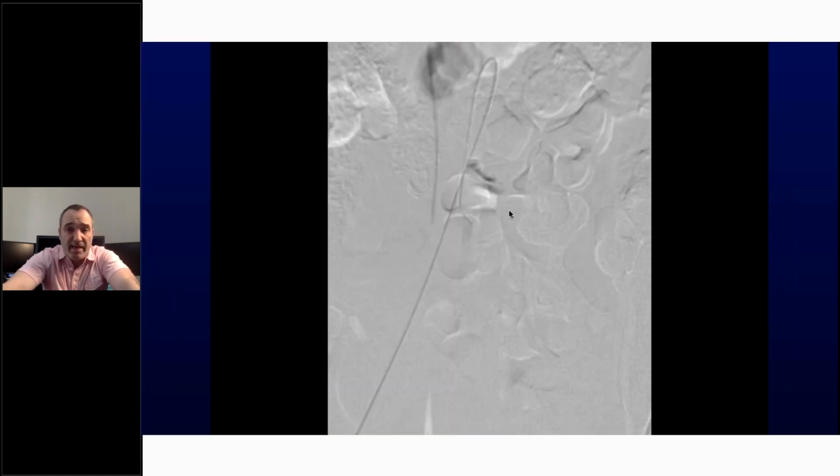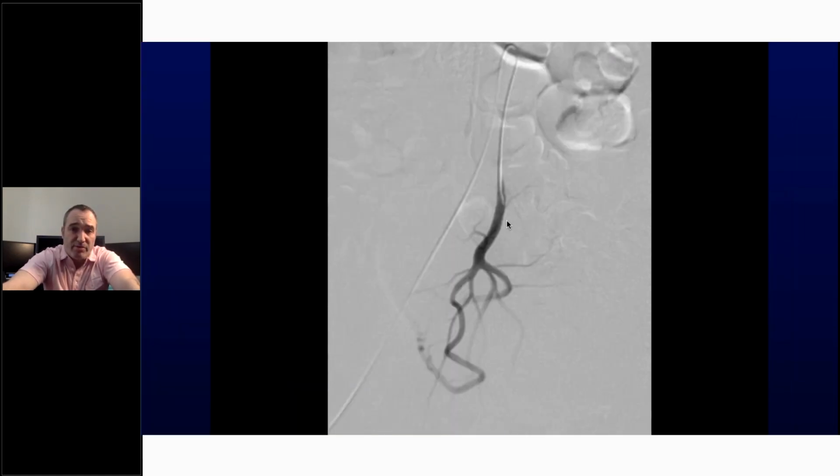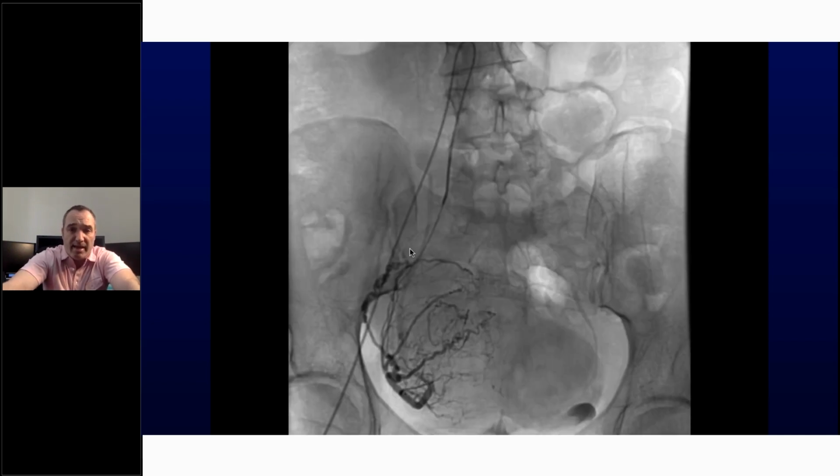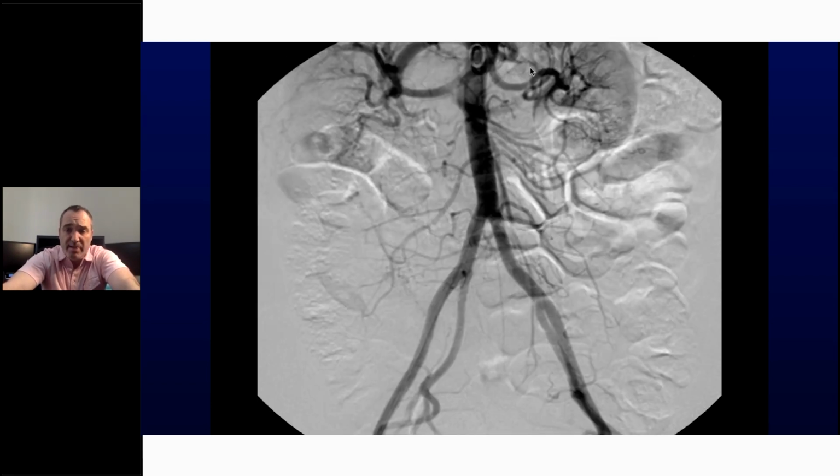We then flip the catheter. We embolize that side. We flip the catheter and do the other side. Again, this is an interesting way to show it. You can see this big squiggly artery. That's the artery to the uterus. And you might have to take my word for it, but that's well established. It's the first division here. And then again, looking at it another way, we can now see that these are the fibroids, and all these squiggly arteries are abnormal arteries feeding this thing. So we treated the one side, then we treat the other side. Then sometimes we take a picture here to show that there's no more flow. In addition, there's no additional blood supply to the uterus.